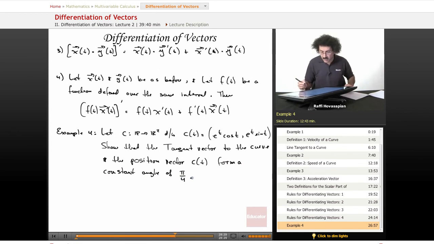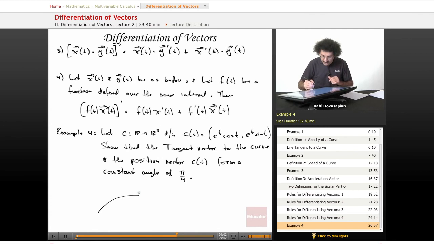Okay, so let's make sure we understand what this thing is saying. So there's some curve in 2 space, E of t cosine t, E of t sine t, whatever it looks like. Show that the tangent vector to the curve and the position vector C of t form a constant angle. So we just want to make sure we understand what this looks like. So let's just take some piece of the curve. I don't know what the curve looks like. I don't have to know what the curve looks like. That's the power of this. This is algebraic. I'm just using geometry to help me get a grip on the